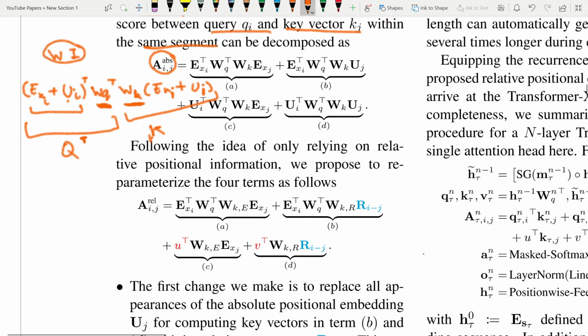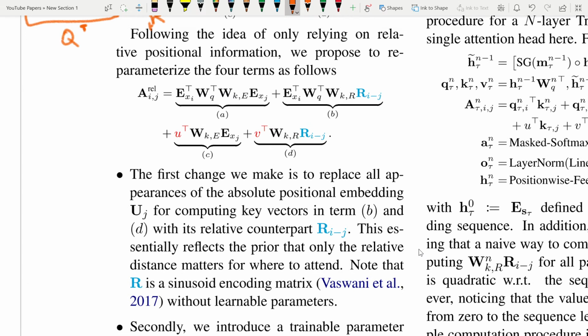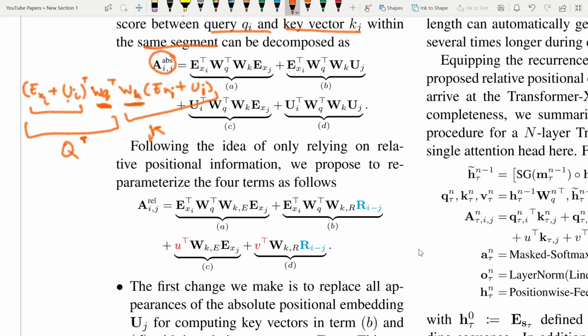Okay, let's not get confused on that. So it's basically weight times the embedding plus the positional encoding, right? All right. So basically this is used in the attention formula. However, like in this case, what they are doing is, so like relative, if you are to convert it into